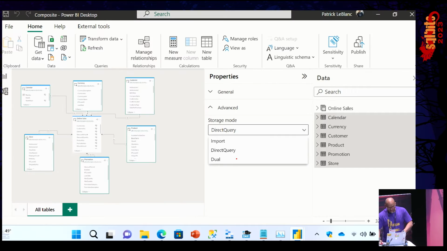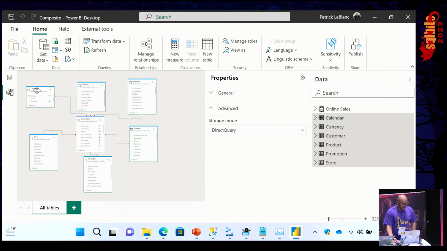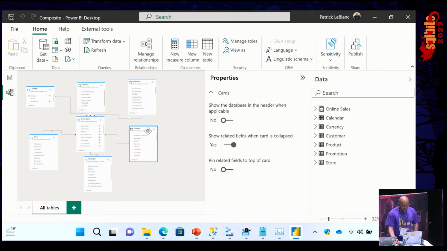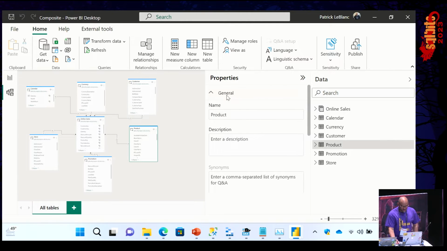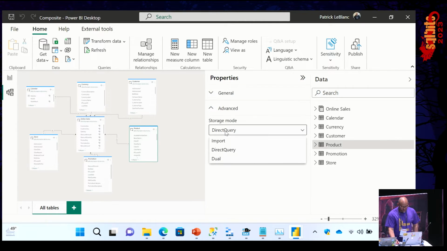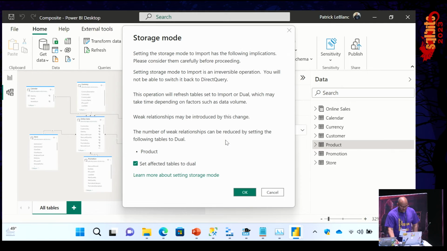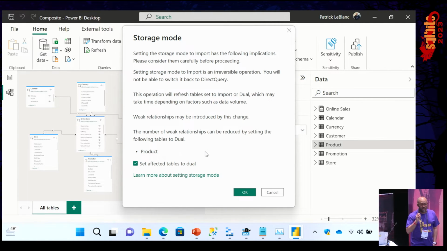And this came up in the workshop. I'm going to just select one table and try to switch this, and this is a really good thing. I'm going to get a little prompt, and it says, hey, wait a minute, Patrick. You're not that smart. You're messing up here. This dialogue actually was implemented specifically for Patrick.